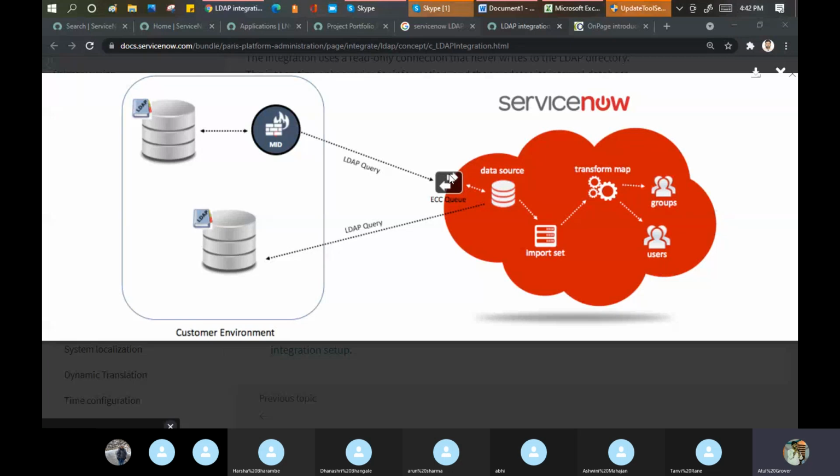It is a very deep dive. Someone asked me, Atul, what does the architect do? The designing is done by the architect: how to set up the MID Server, what the ECC queue is, what the data source mapping is. What fields should be there can be taken care of by the lead or the developers. The MID Server is always installed in the customer environment. Remember, it can be an agent or agentless MID Server as well. Multiple things are there. I'm giving you a very high level overview.